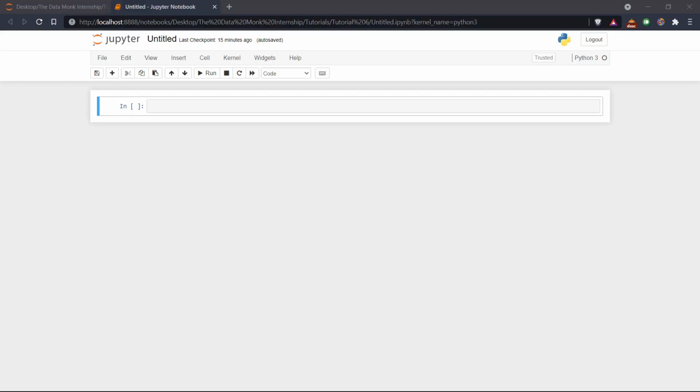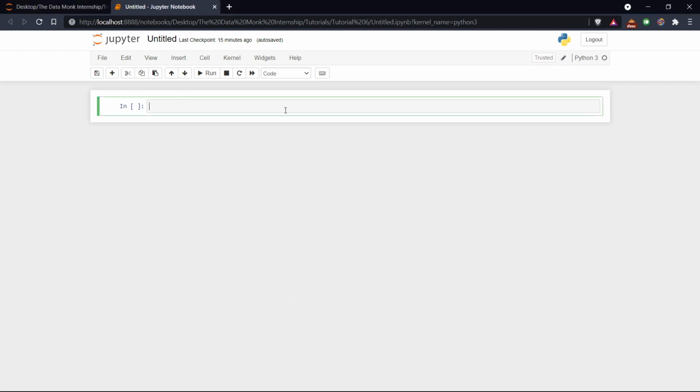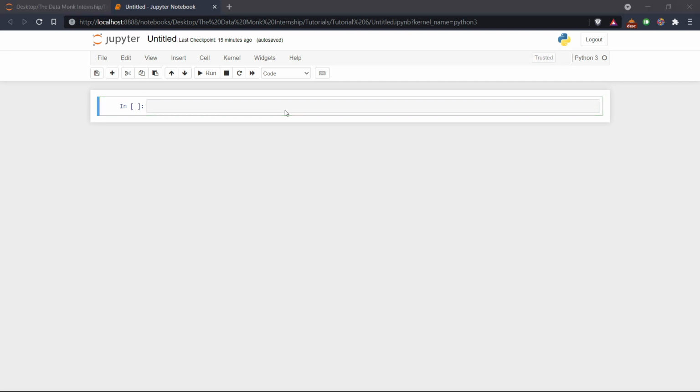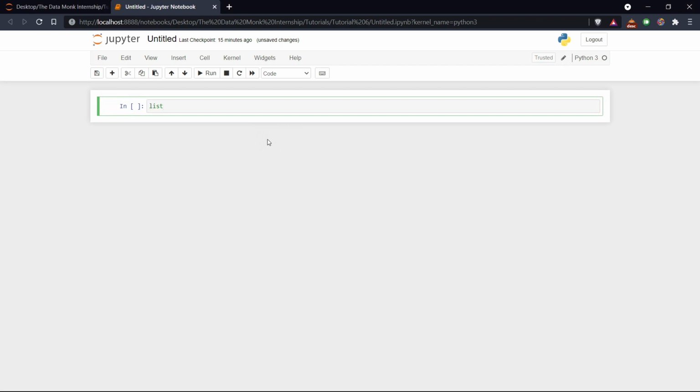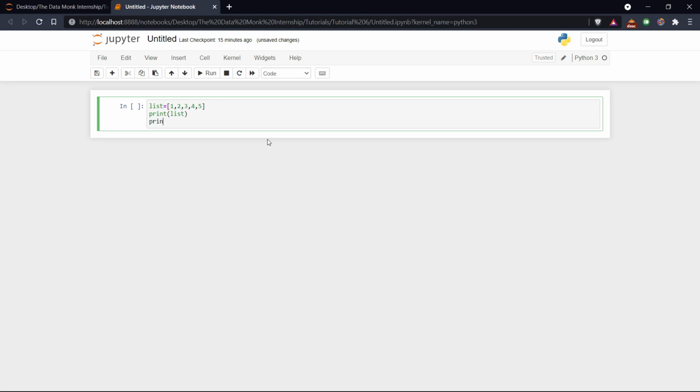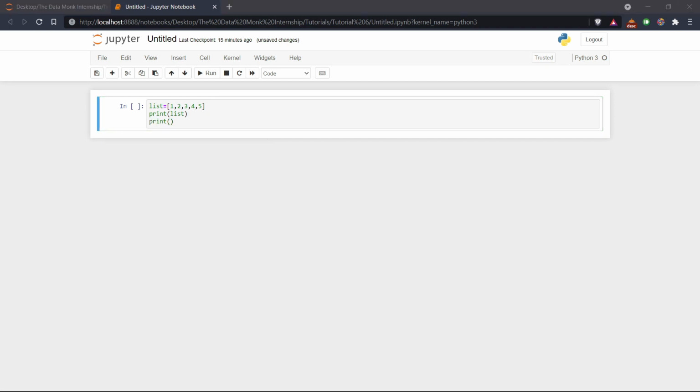For that I have opened this Jupyter notebook. Let's write our driver code first, which is, let's initiate our list: one, two, three, four, five. This is our list, and let's print this list. Print its initial value, that is this list as it is, and let's print it after the two elements are swapped.